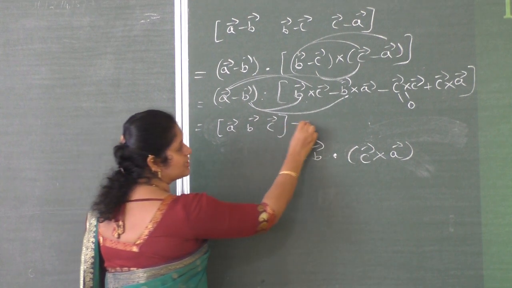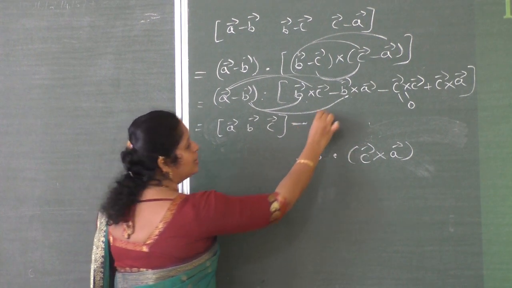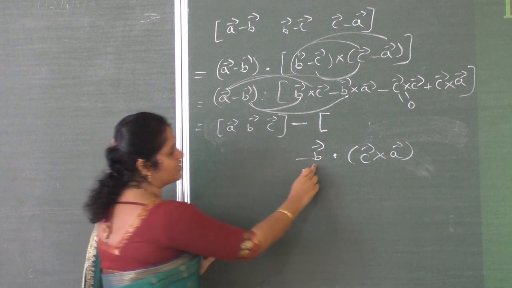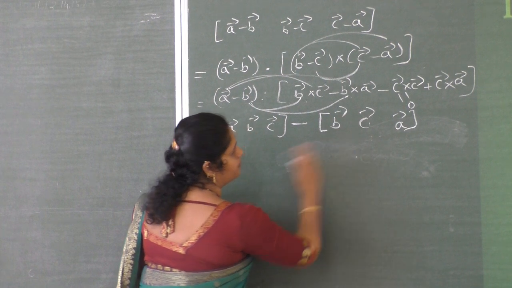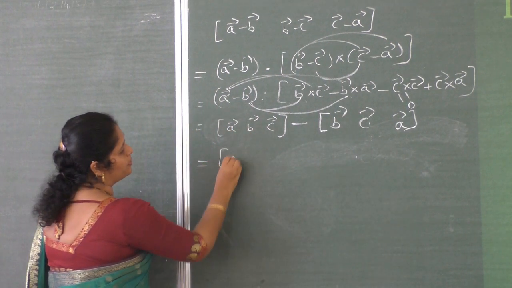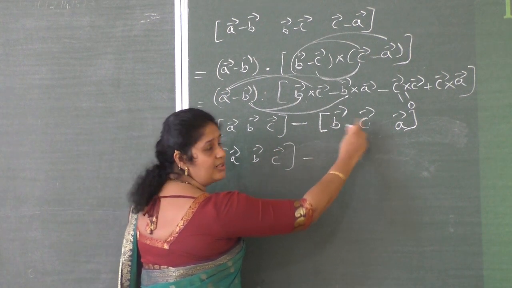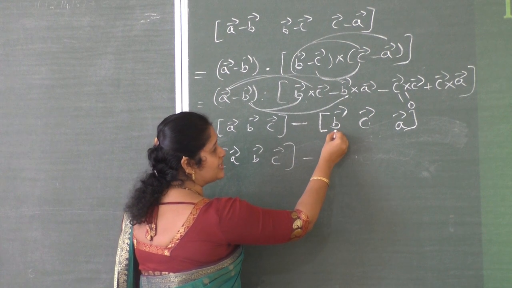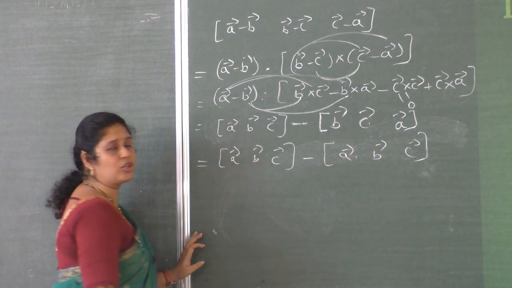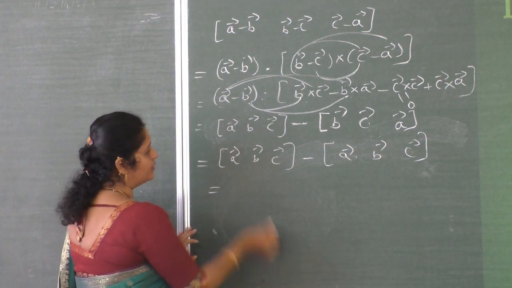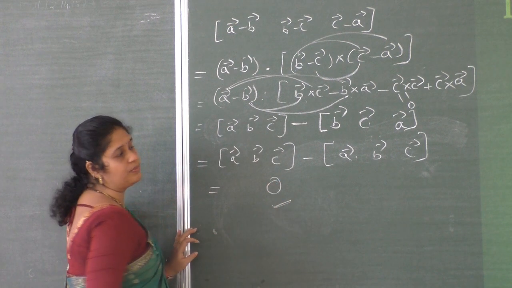So I am writing this scalar triple product as minus of, we can write it as a box product of first vector, vector B, second vector C, third vector A. That is equal to box product of vector A, B, C, taking the cyclic order. You can take the cyclic order, then this is same as box product of vector A, B, C, or this is same as box product of vector C, A, B. So what is the answer? 0. Therefore the answer is 0.